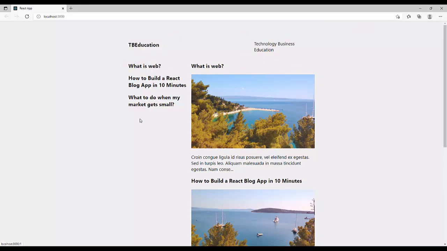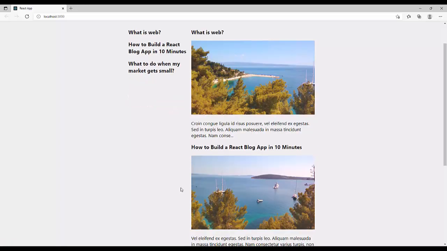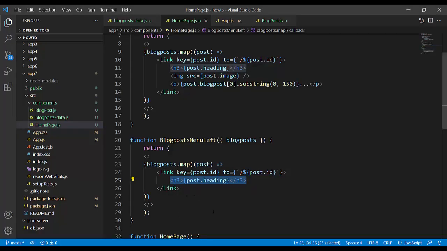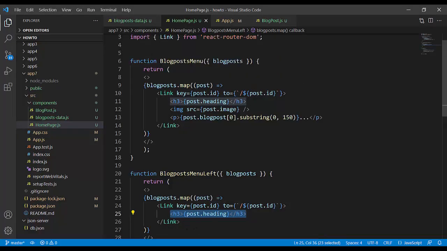This site, what is web, how to build it, is only the heading of my post, and it is the menu left, and these columns, what is web, image, 150 characters, etc., and it is the second,